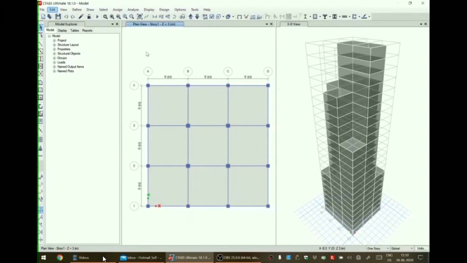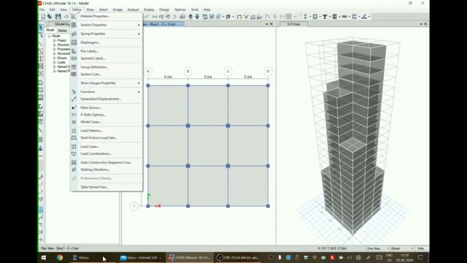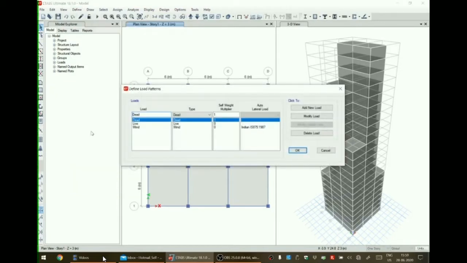So let us first define the load case, then we will assign the load on the model. For that, let us go to define menu, load patterns. Here all the previous three load cases are present. Let us make a new load case, that is seismic load.